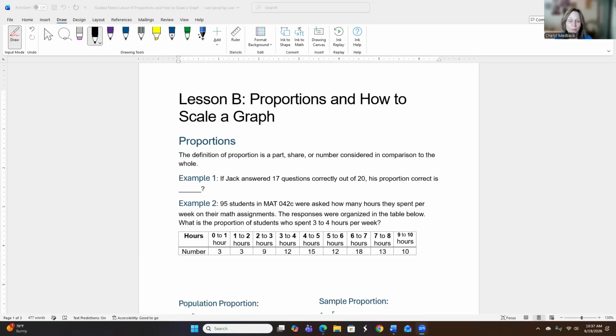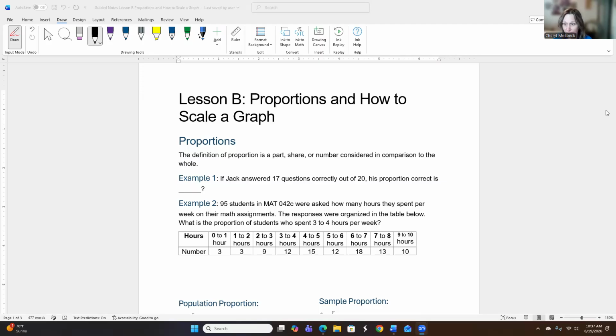Hi, in this video, we're going to be looking at guided notes for Lesson B. Specifically, we're going to start in this video with proportions, and in our next video, we'll look at how to scale a graph. So proportions, as you see here, the definition of a proportion is a part, share, or number